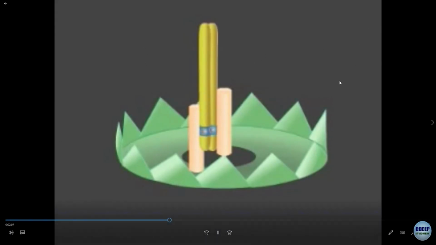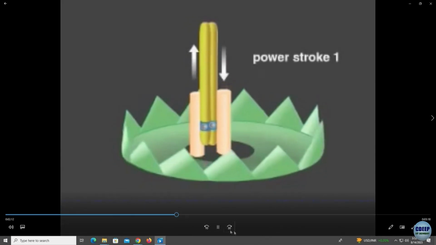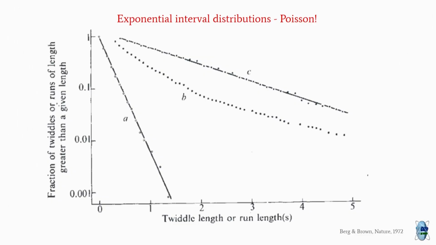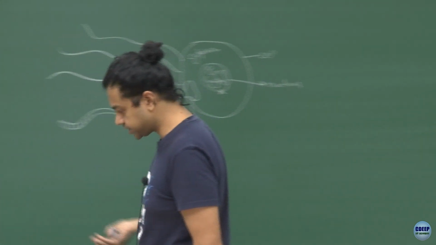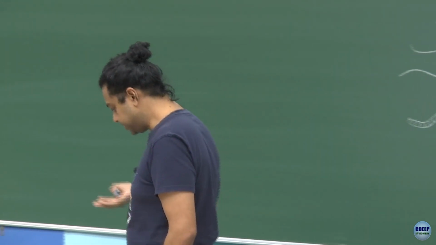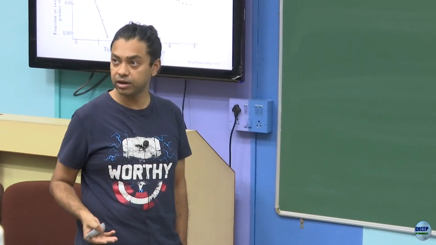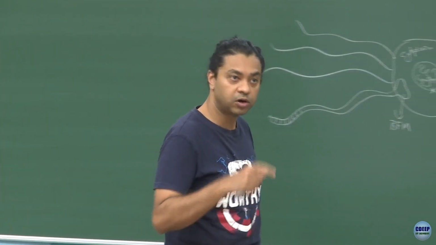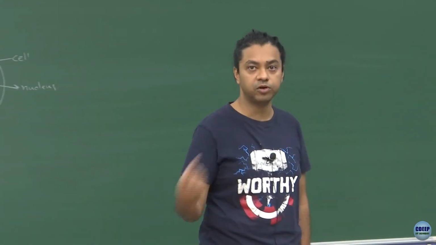This binding causes a conformational change in MotA proteins, resulting in the first power stroke that moves the rotor incrementally. Now, if you think about it, this motor therefore has two states, right? It can rotate clockwise or it can rotate counterclockwise, and it needs to switch from one state to the other. If the switching is a random process with some rate r per unit time, what you would expect is that these interval distributions, that is how long it runs before it goes into a tumble state, or how long it tumbles before it goes into a running state,